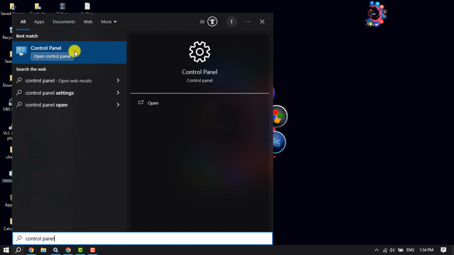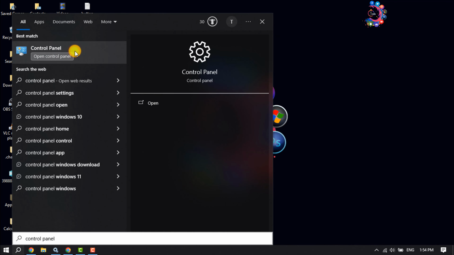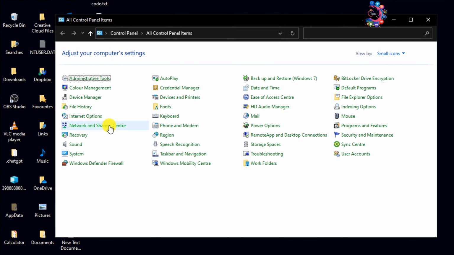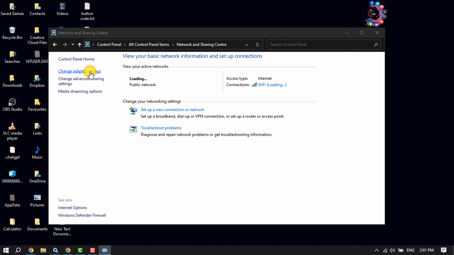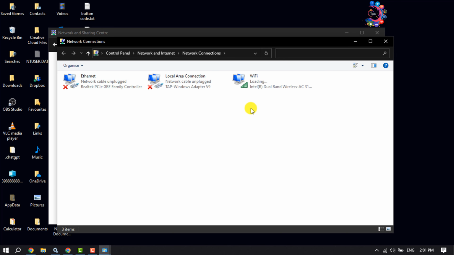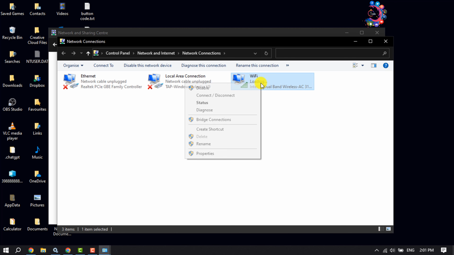and launch the Control Panel app. Here, click on Network and Sharing Center and click on Change adapter settings, and here you will get your connected internet option. So all you have to do is right-click on the network you are using and click on Properties,